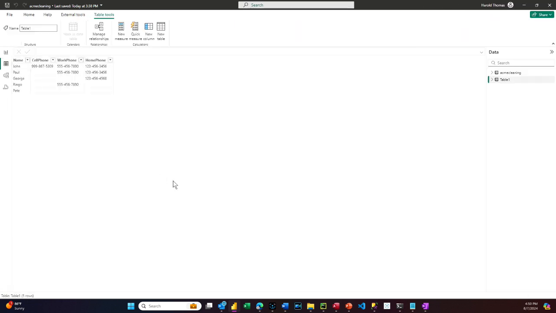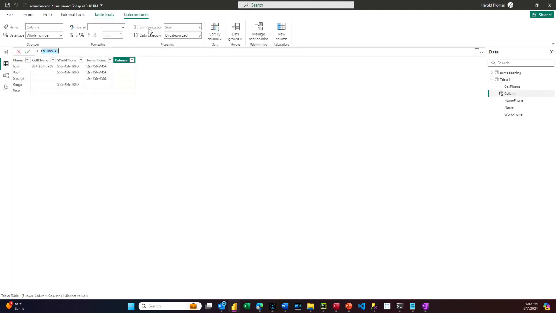So we've got our table here in table view. What we want to do is add a coalesce column. So we'll just say new column. And we'll say primary phone equals